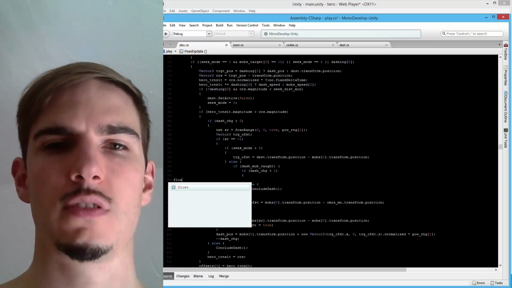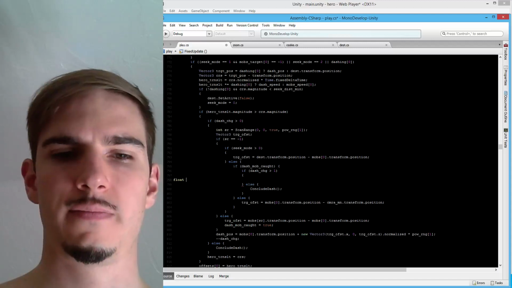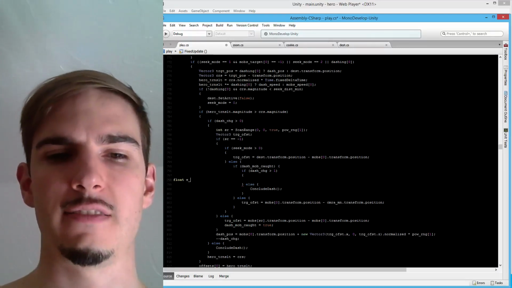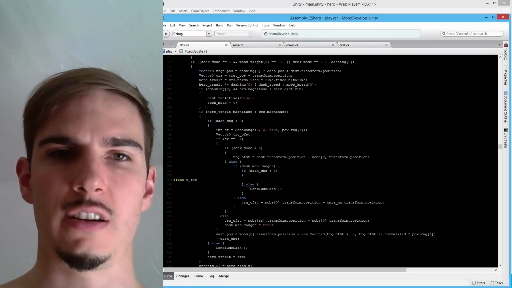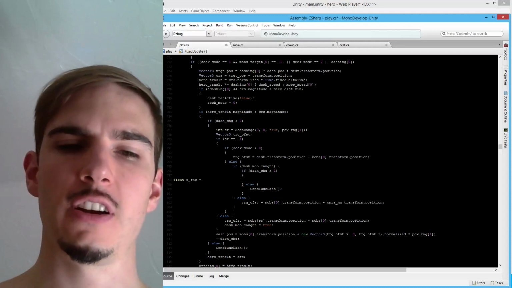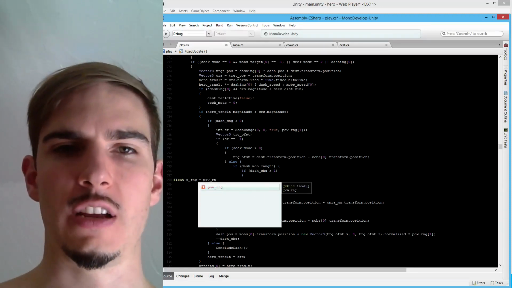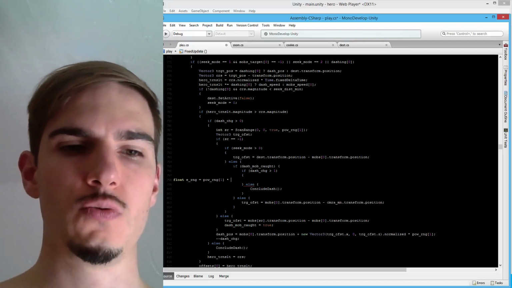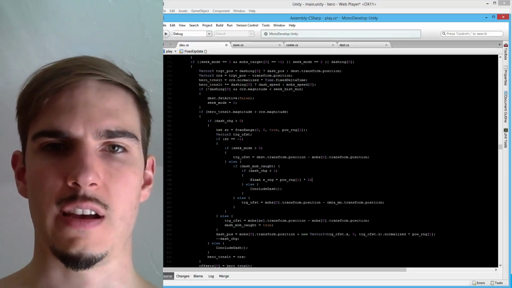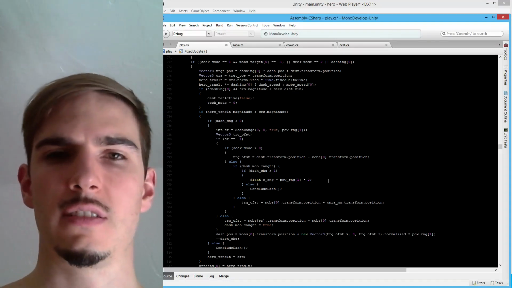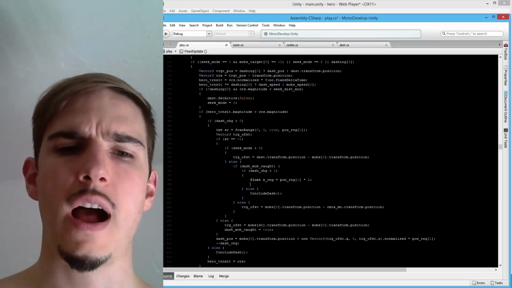Float extended range, e_range, RNG, equals, for starters, pow range 1 for dash times 2. Yeah, for starters it will equal that, and then while